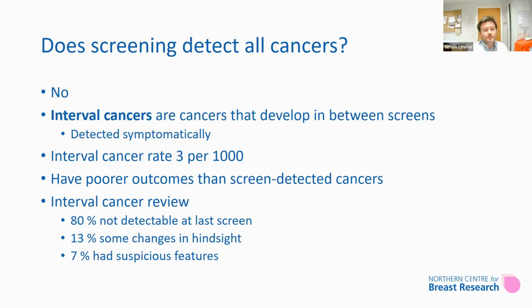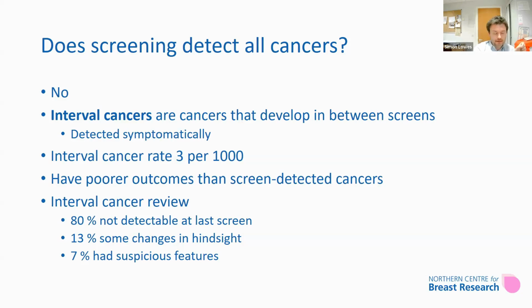With every interval cancer we get, we do an interval cancer review. So every now and again, we'll collect our interval cancers, and we'll have a larger team review of these. We'll independently look at that initial screening mammogram before the interval cancer presented, and then we'll get together as a consensus and decide whether we could have detected that breast cancer in hindsight at the time of that screen. When we do that, around 80% of breast cancers were found not to be detectable at that screen. So either they hadn't developed at that point, and it was reasonable, therefore, not to recall them, or they were mammographically occult. The other 20%,